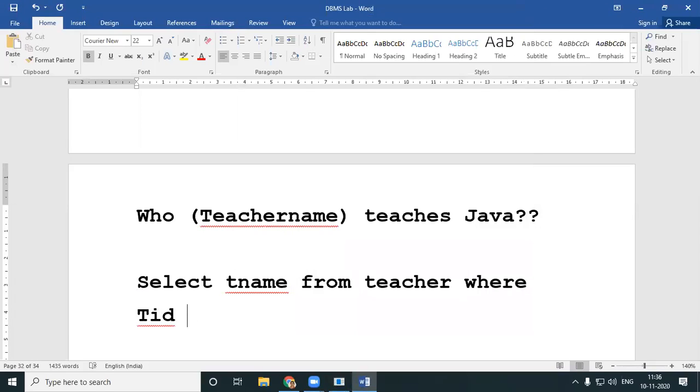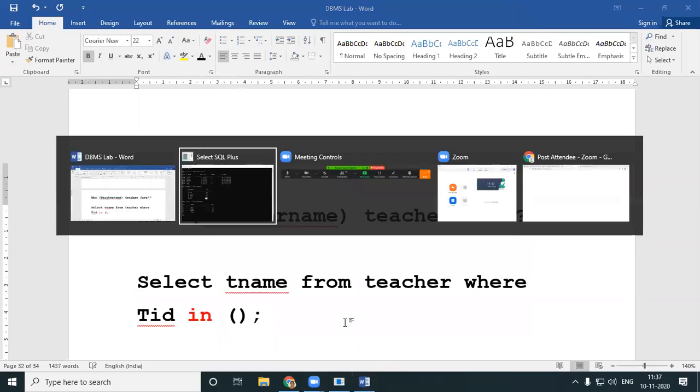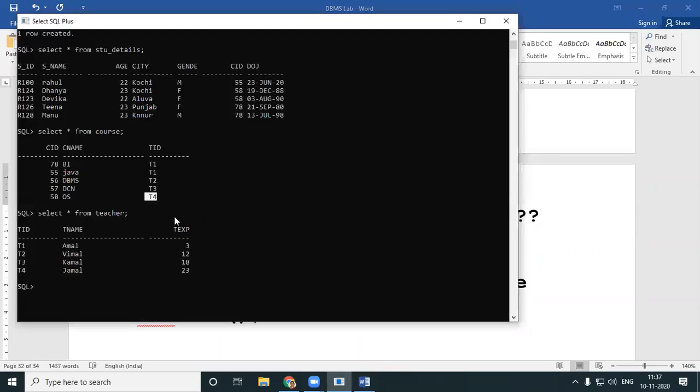You will be doing the connection through TID. You have a keyword called IN. IN is used in nested queries, and this TID should be present in here.